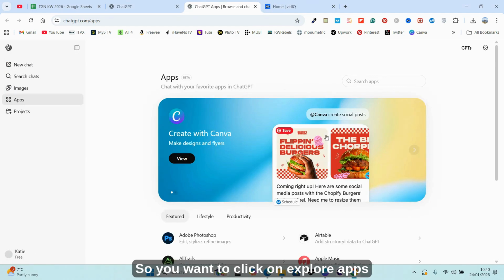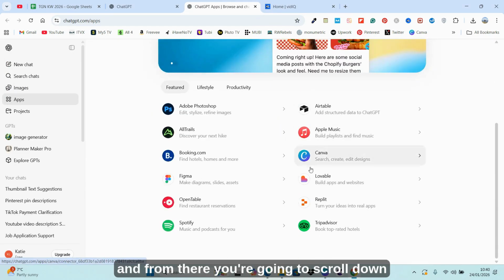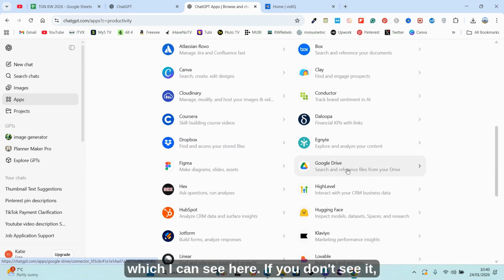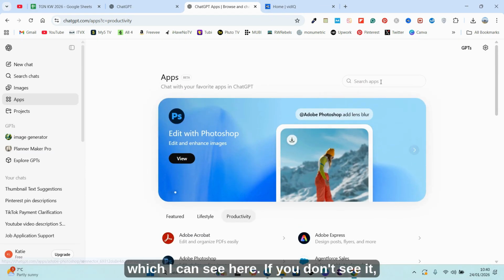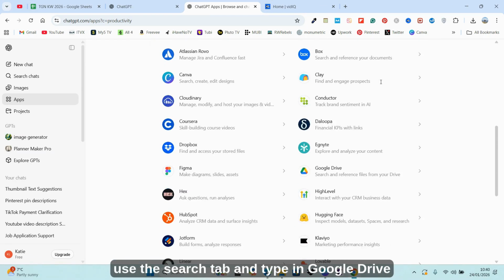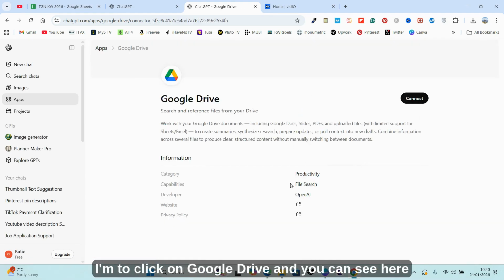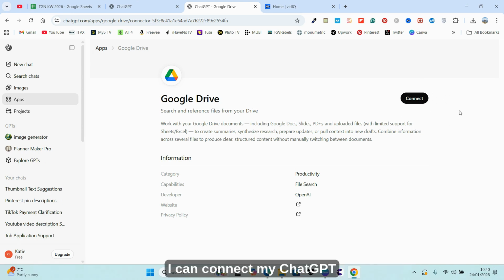So you want to click on Explore Apps. And from there, you're going to scroll down and search for Google Drive, which I can see here. If you don't see it, use the search tab and type in Google Drive and it will come up. So from there, I'm going to click on Google Drive and you can see here I can connect my ChatGPT